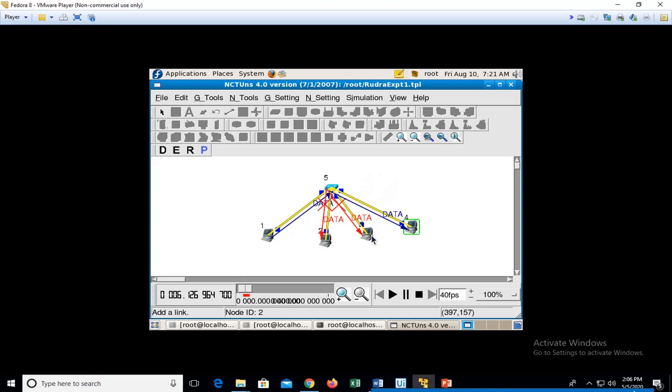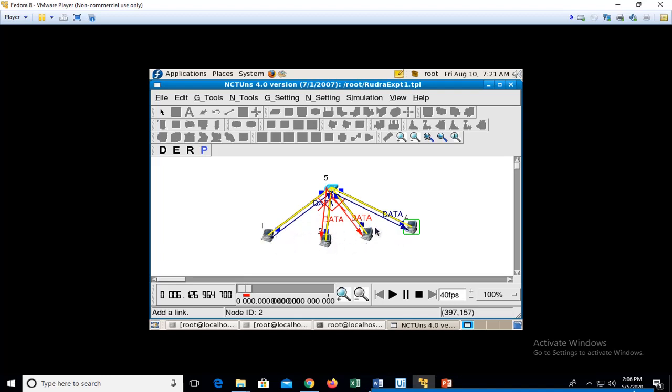Now if I want to see a collision, I can add another node and make it a sender. If 2 or 3 packets arrive simultaneously from both the nodes, then a collision will occur. Then we can check the statistical analysis related to those. At present we will not have any collision, since only one sender and one receiver are there.